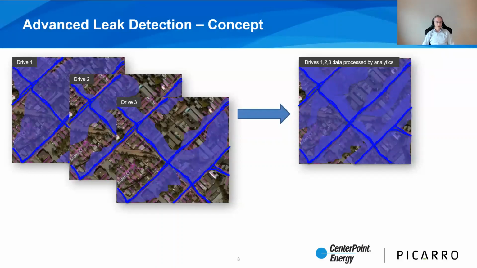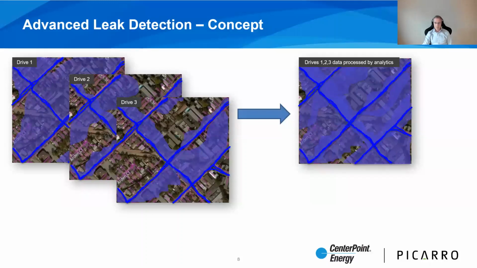coverage of an area. So here we illustrate the point with this graph here. You can see 3 different drives of the same grid of streets. And each drive yields a little bit different wind conditions. And therefore, the field of view is a little bit different. And so what we do is we combine these 3 drives and we aggregate the data coming from these 3 drives in a probabilistic way, and we can build a combined field of view, combined coverage of the assets based on the accumulation of these 3 drives. So we might see methane plumes multiple times or only once, and then we have a statistical treatment that derives